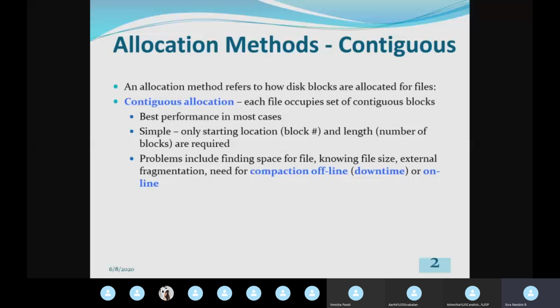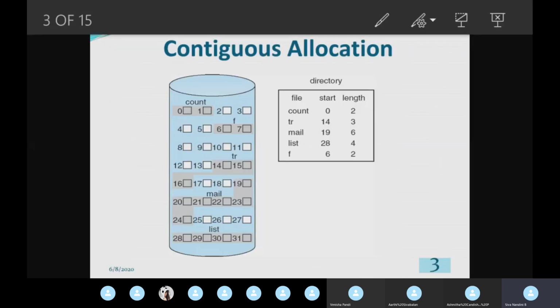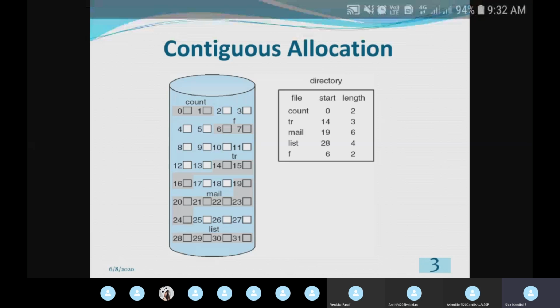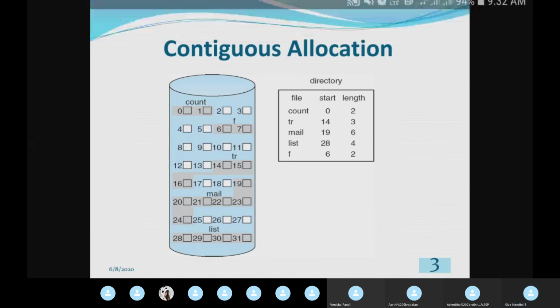The disk storage means the secondary storage, or normally we prefer the hard disk as a secondary storage. We'll see this with the help of the block diagram shown in slide number 3. Here, the cylindrical structure is assumed to be the disk storage, and within that we have several blocks. The disk is divided into the smallest unit of storage known as a logical block.